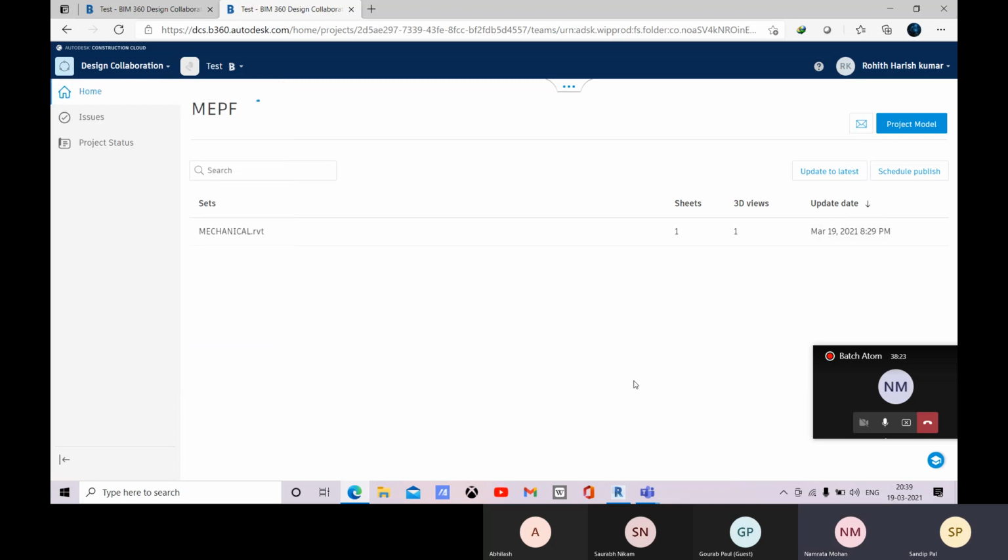In the architecture model, if the Revit file is updated, then here again I have to do all this, or it will be refreshed? No, this is for sharing this architecture file with your MEP team.